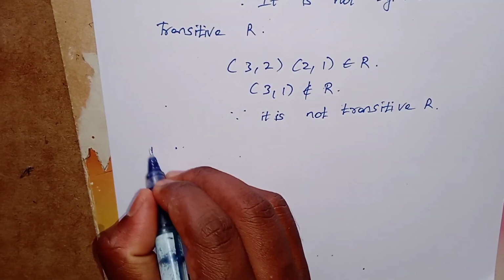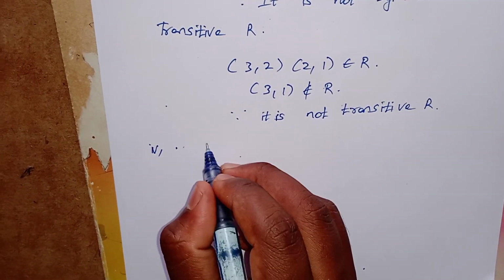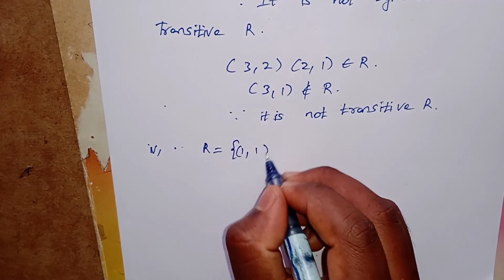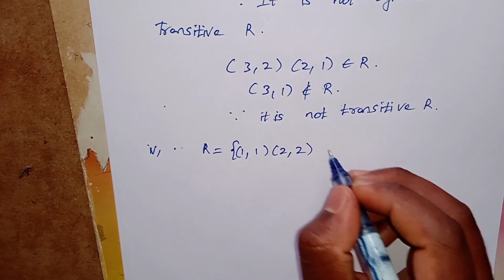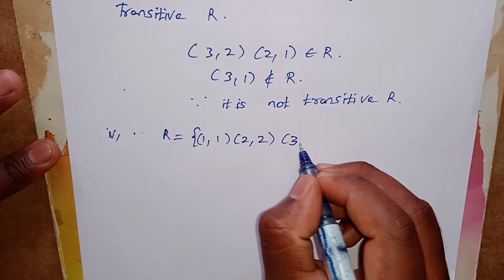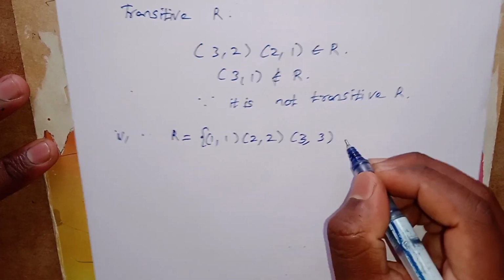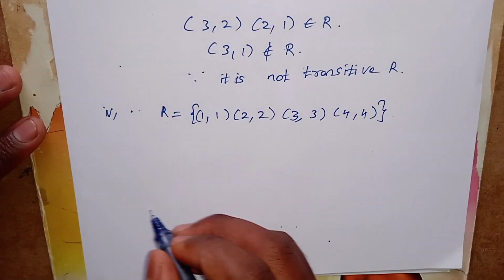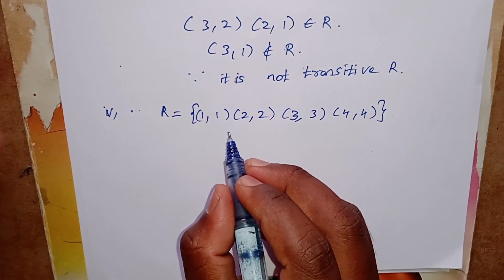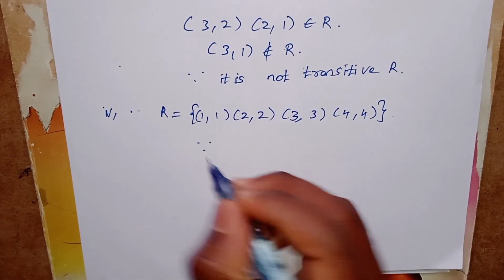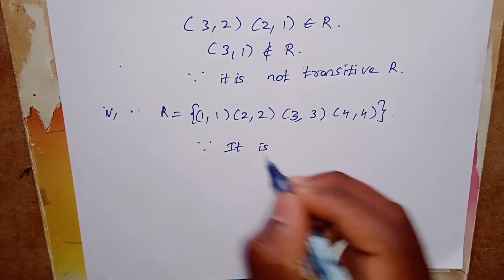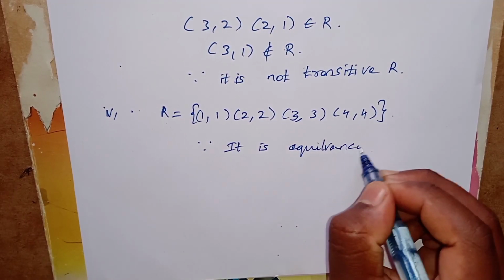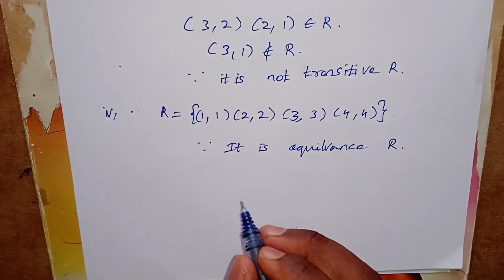Therefore, here subdivision 4 relation R equal to 1, 1, 2, 2, 3, 3, 4, 4. Therefore, here you can blindly tick it is an equivalence relation, because here